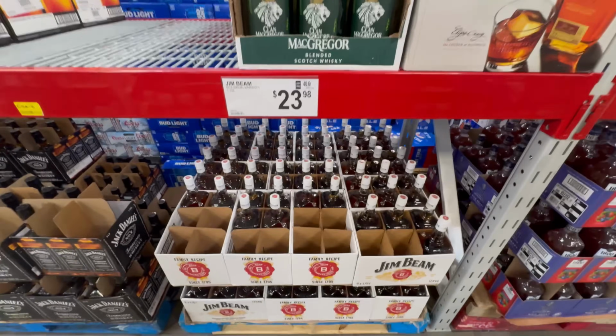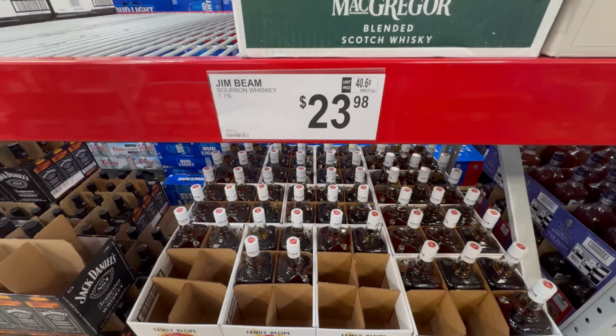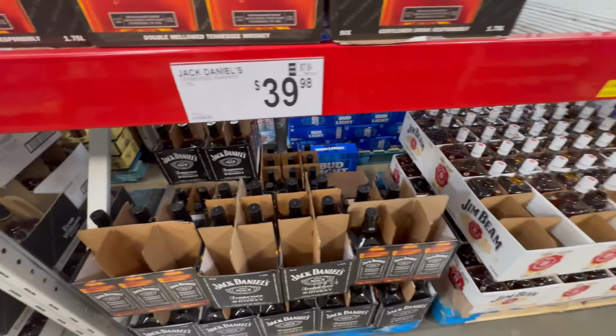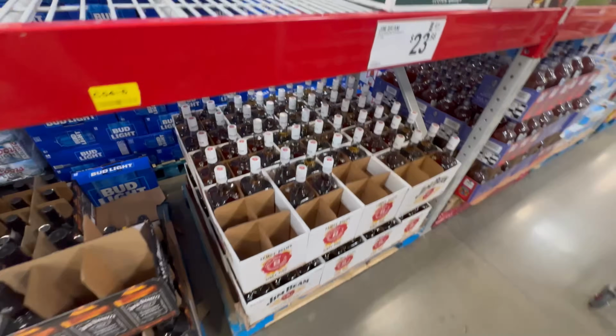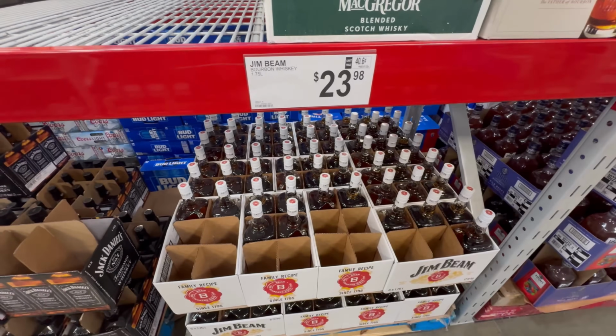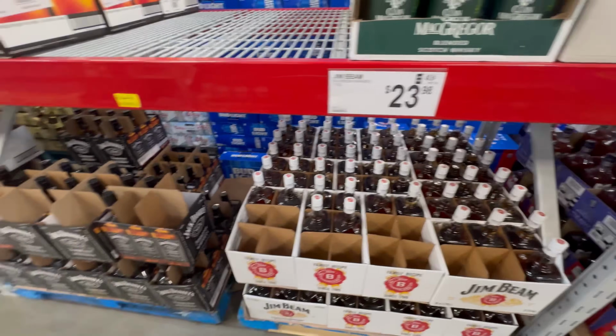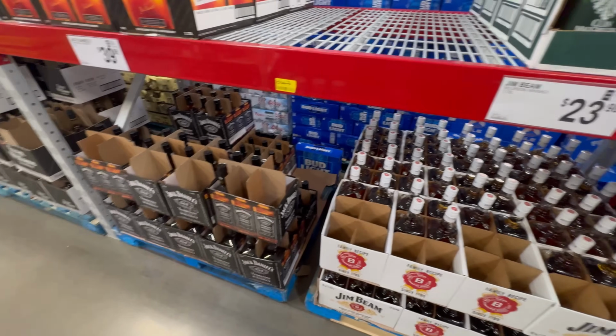If you're looking for something a little bit cheaper, they have the handles of the Jim Beam White for $24, and also the handles of Jack Daniels for $40. So we're looking at probably pretty close to double MSRP at that point. So you're probably better off staying with the Jim Beam. I think the Jim Beam's a little bit tastier in there, but I know there's diehard fans from each category